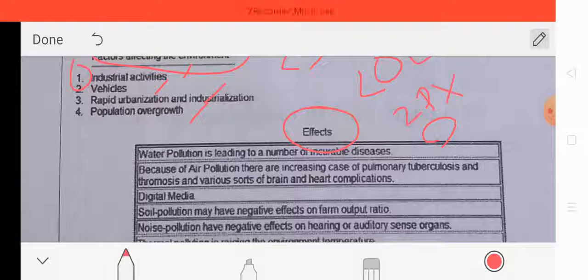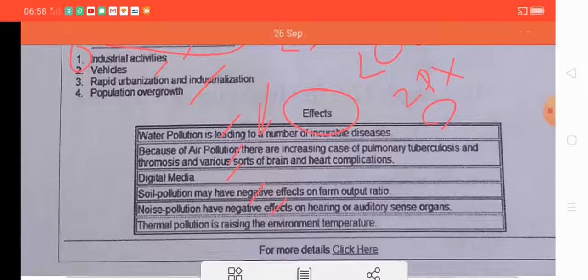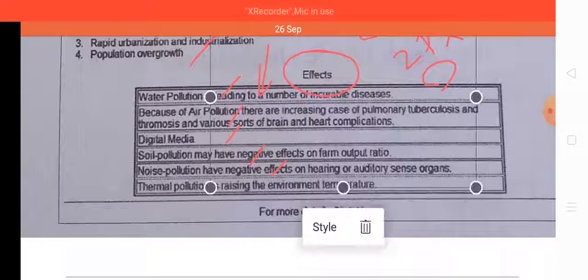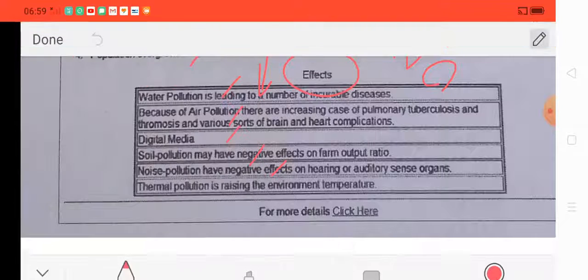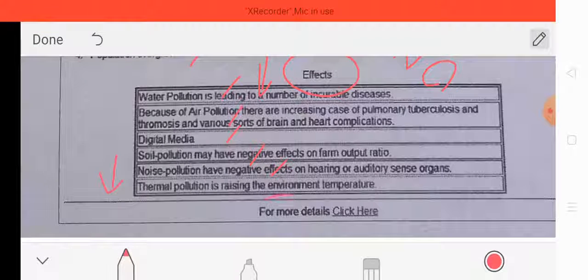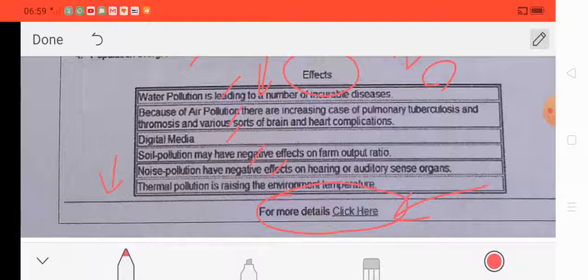The size of the border must be 2 px, and then we can see that there are different rows here, but only a single column. There is only a single column in this question. And then after, we can easily see that an HR tag is there, horizontal ruler, and at last there is a message, and the message basically contains a link. Okay, and that message is basically center aligned.